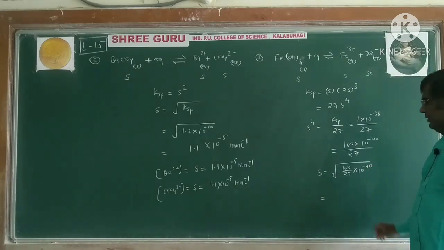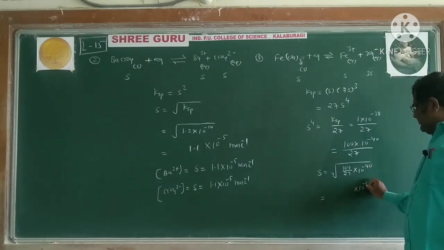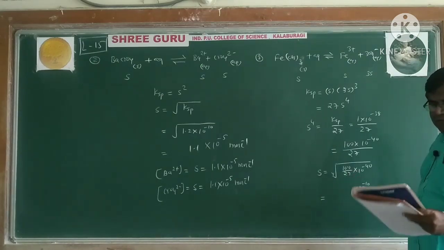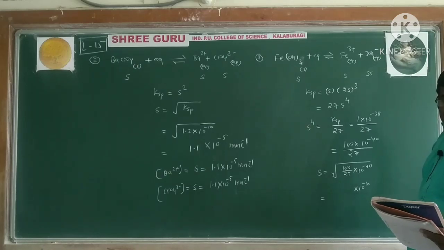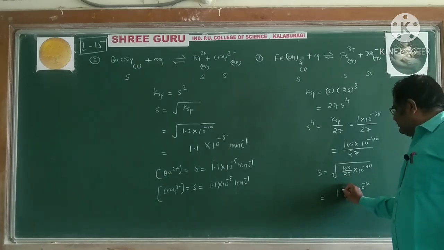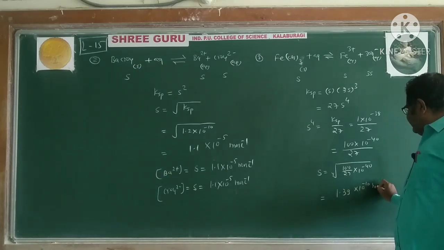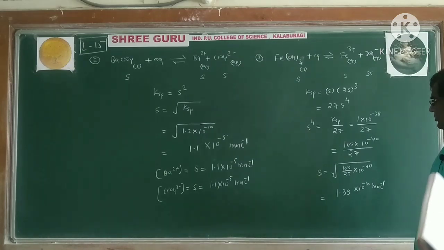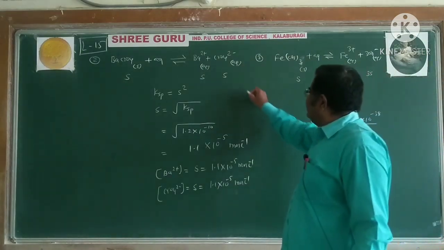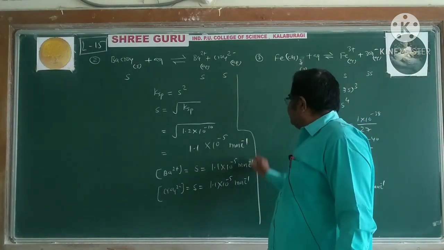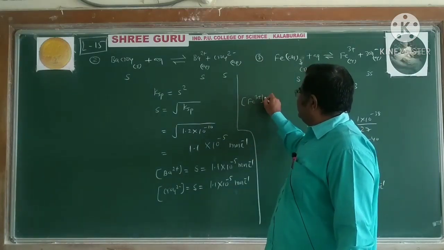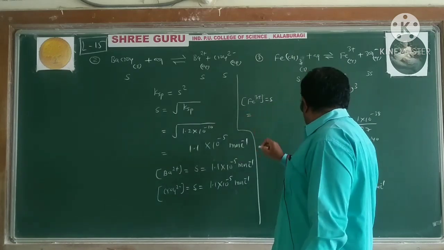The fourth root of 10 raised to minus 40 is 10 raised to minus 10. The fourth root of 100 by 27 is 1.39, and this is mole per liter. Now once we know the value of S, we can write the molar concentration of Fe plus 3 equal to S equal to